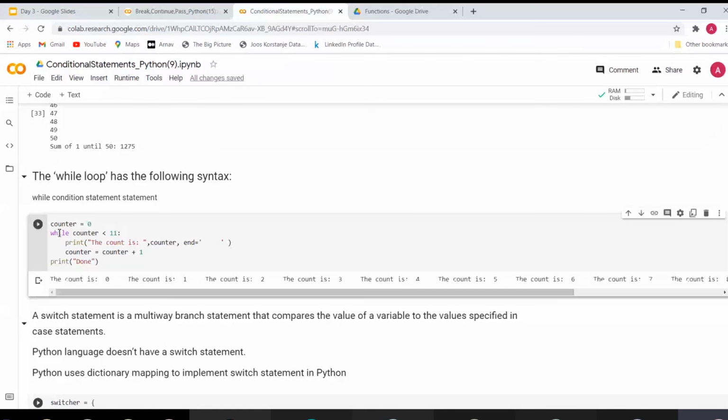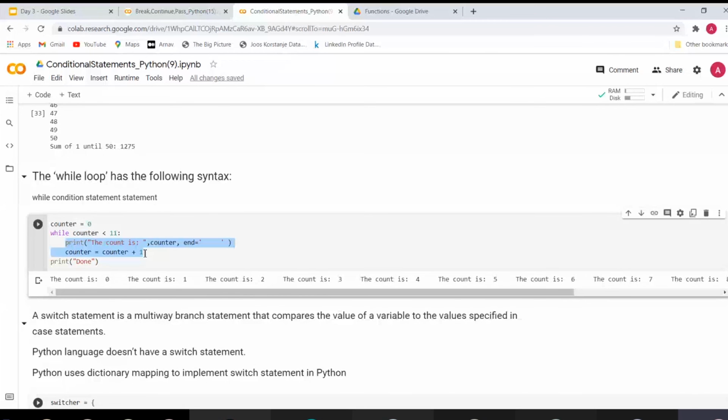Initially our counter is 0, and we write while counter is less than 11. Now a comparison resolves to true or false, right? Initially it will be true, 0 is less than 11, so it gets in here. This part of the code will get executed.